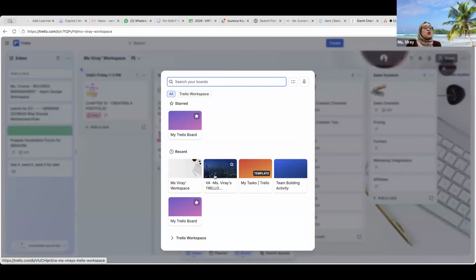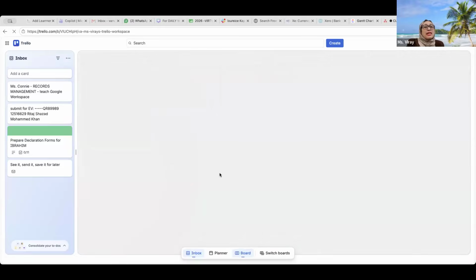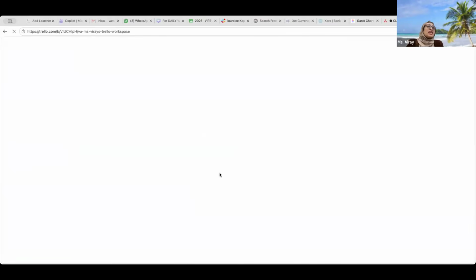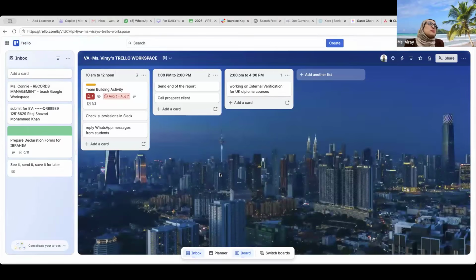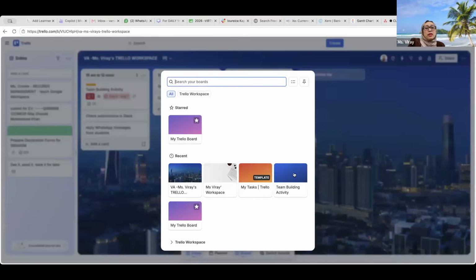That means if you're working for one client, you can just click here. Maybe this is client 1, rename this one to client 2 and client 3. Okay. So let's say I'm going to go to my other workspace, which is this one. I'm currently in my workspace. I'm going to go here to the other one. And automatically, it's like going to another page, okay, which has the same everything, but I can dedicate this workspace for my client number 2, okay? And if I want to go and see what are the updates or what are the to-do lists that my client 3 wants me to do, I'll go and switch board again and click on maybe the other one.